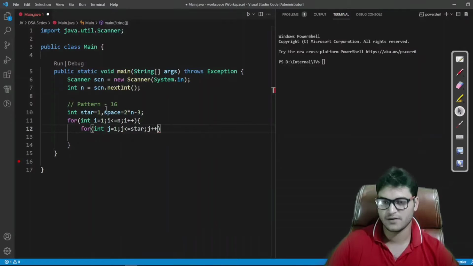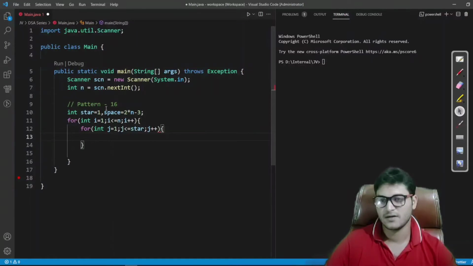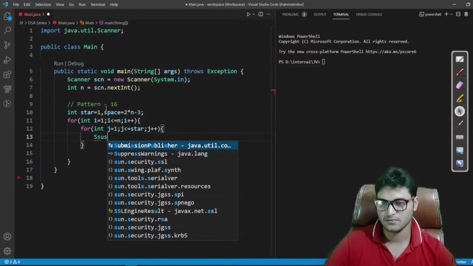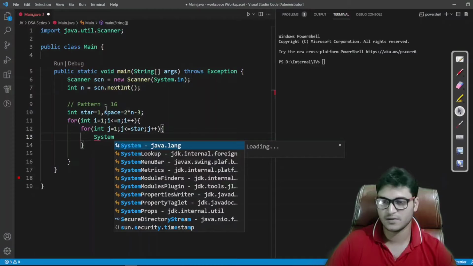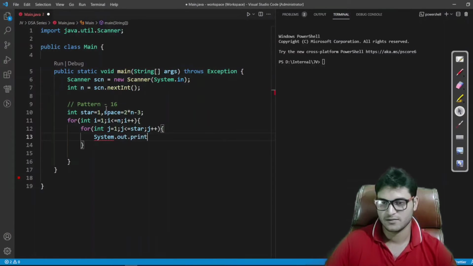Okay, and we'll write j++, and inside this what we have to do, system seems to be a little bit slow today, we will fix that issue also. But here we have to worry about printing stars, star and \t, to clearly visualize the output.